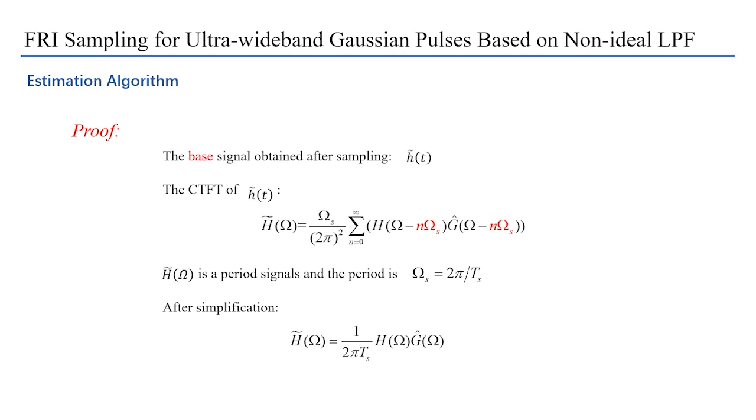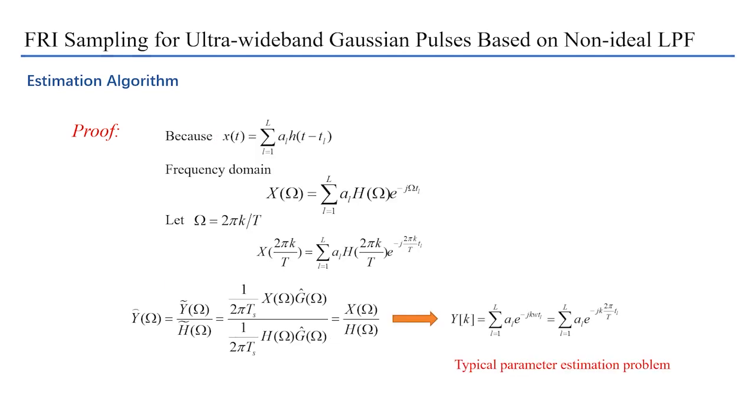According to the Convolution Theorem, the CTFT of the second signal channel can be obtained. It is obvious that H(omega) is a point signal, and the point is omega_s equals 2 times pi divided by Ts. When the sampling frequency satisfies Fs greater than 2 times F, where F is the cutoff frequency of the non-ideal LPF, according to the Nyquist sampling theorem, we can avoid frequency aliasing, and its frequency domain information can use a pointer to complete it.